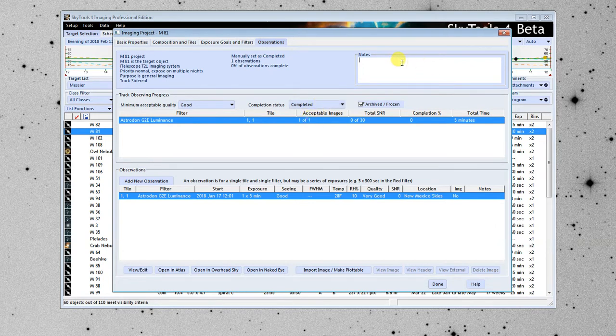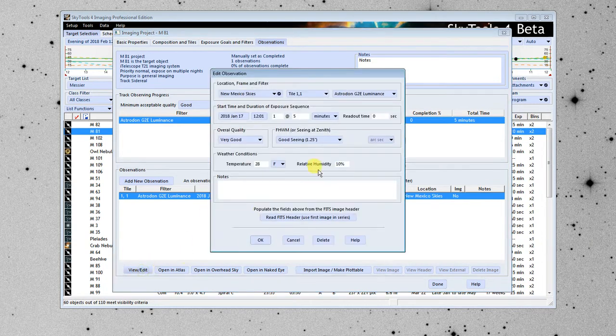Up here you can type in any notes that you want, things about the imaging project, things that happened during the observing, whatever you want, it will always be there. So when this is completed, you can come back to it and look at it, and it archives the observations that you made. You can also select an observation set, view it,